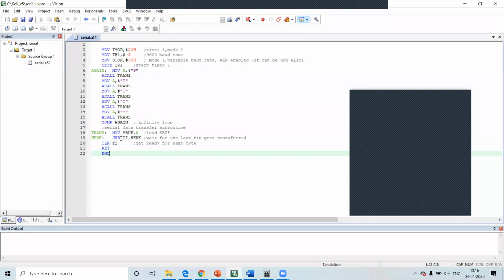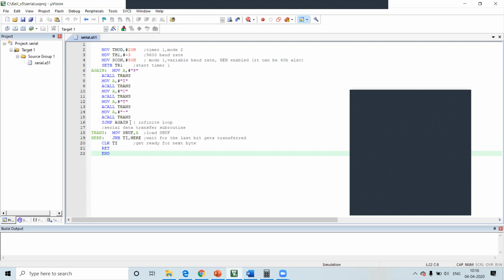So that will continue until the TI bit is not 0. You have already set this bit, so this will be equal to 0, then it will get continued. Then once it is done, clear TI, then again return to here. So this will be continued until all the 4 characters are completed.